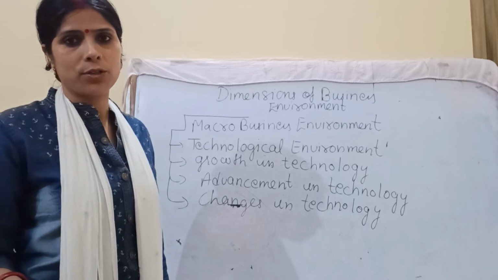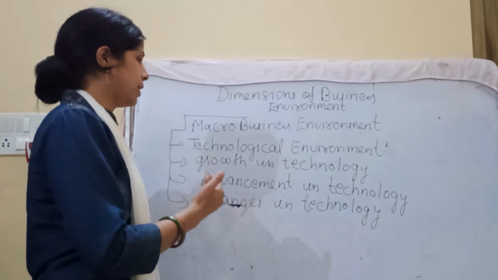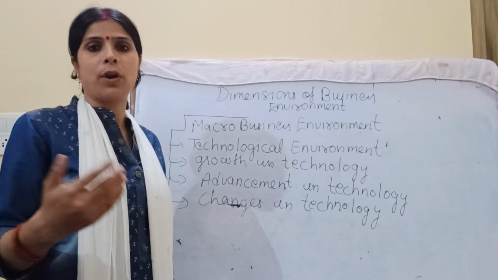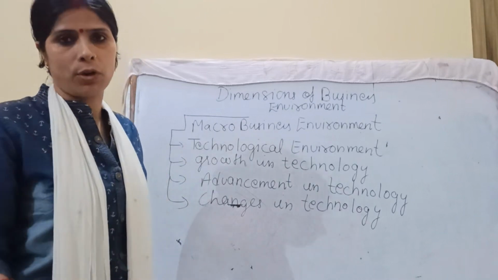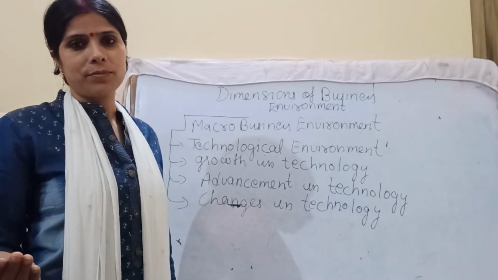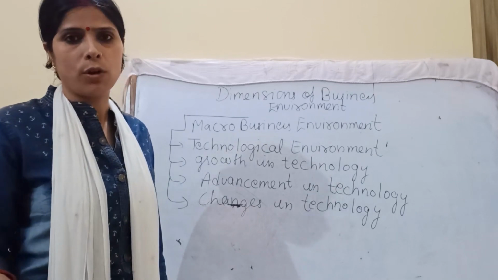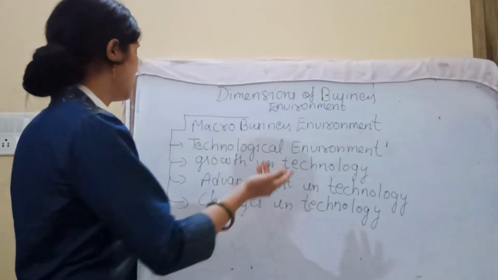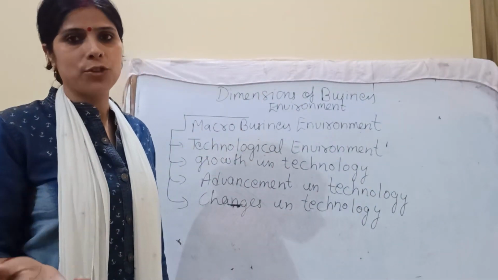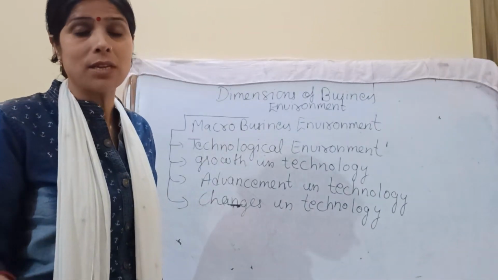growth in agricultural production. That is why, because of this advancement, we are using different types of technology even in those areas. We are using different methods of production, different technologies in producing the products. Then only we are going to survive in this competitive environment. The growth of technology, the advancement of technology, the changes in technology, that is the part of technological environment. It will be there, changes will be there, and we have to adapt ourselves to these changing circumstances.